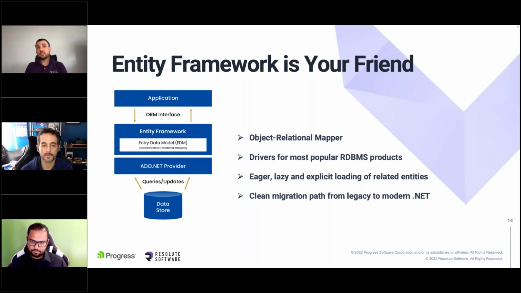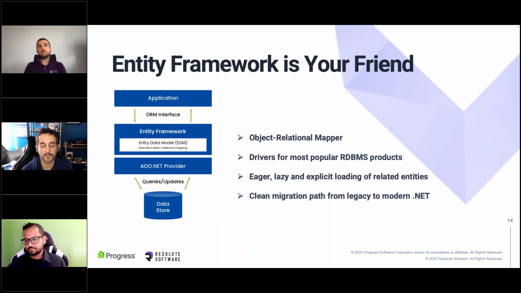Entity Framework, we like it because it supports the most popular relational database products. It has quality drivers for everything that you may need, such as SQL Server, MySQL, Oracle, Azure SQL, Cosmos DB, you name it. We also like it because of its principles of eager, lazy, and explicit loading.